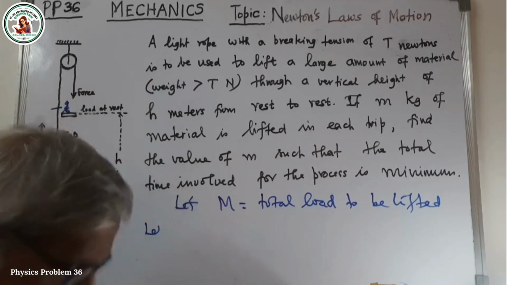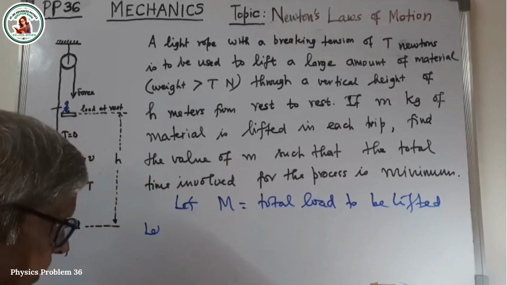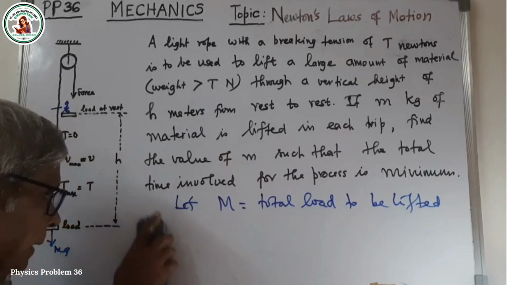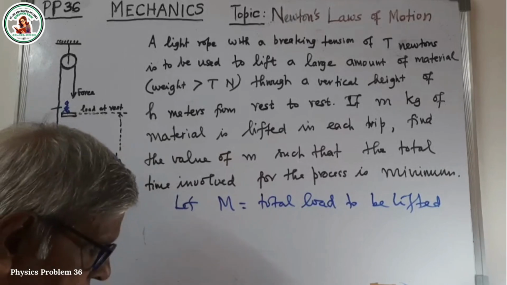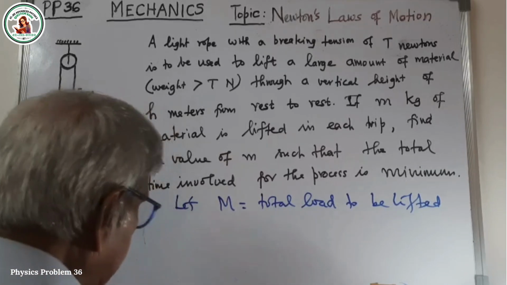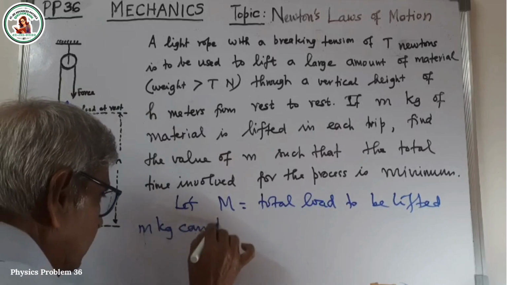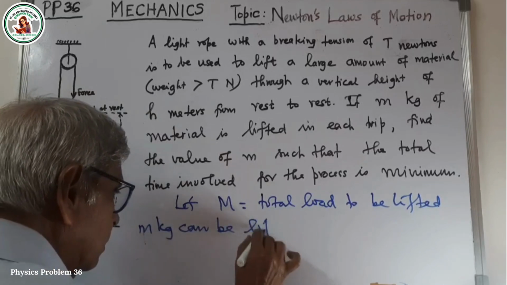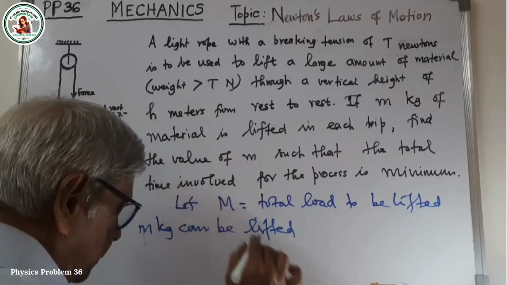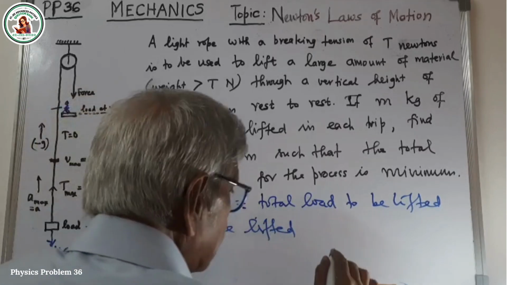For m kilogram being lifted during each trip, with small n trips, we have to find for which m we get the minimum time. M kilogram can be lifted with a minimum time of